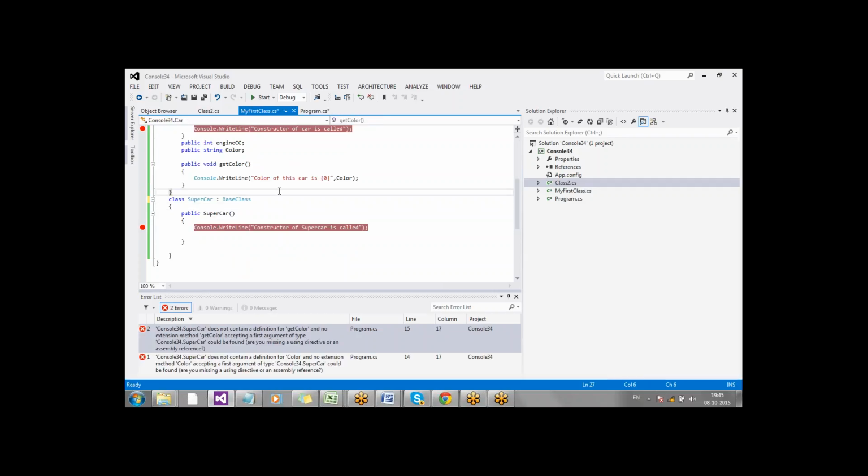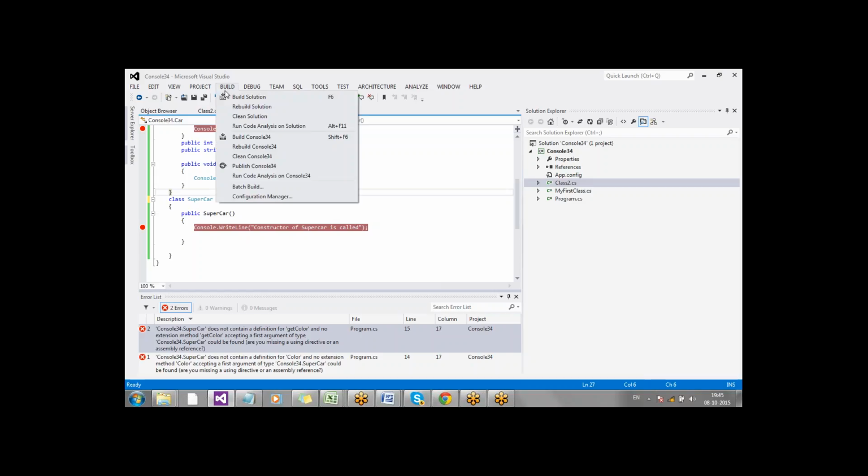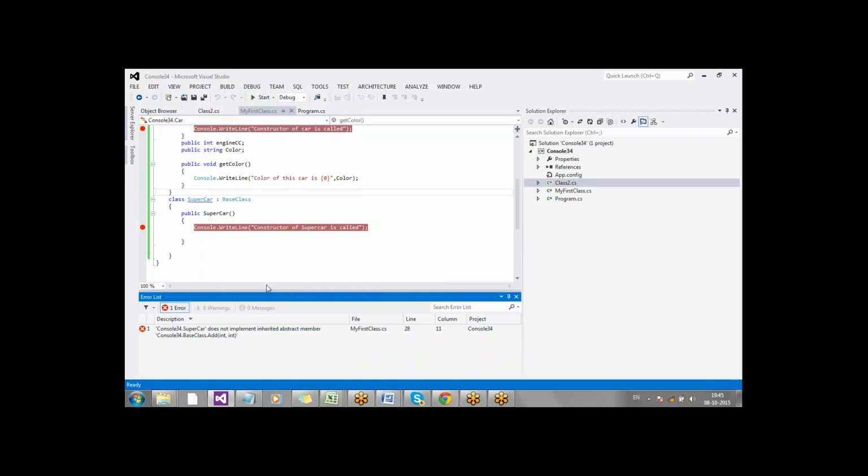Now if I build the code, is it throwing an error? Can someone read the error? Vishwa, can you read the error for me? I think Vishwa has an issue with his mic. So Sai Krishna, can you read this out for me? Yeah, supercar does not implement inherited abstract member.